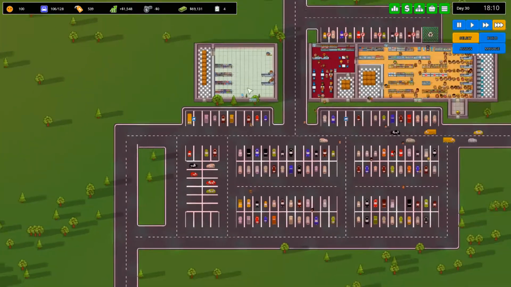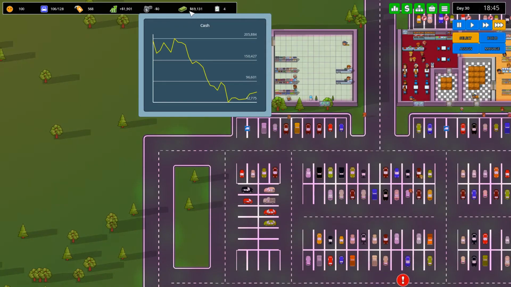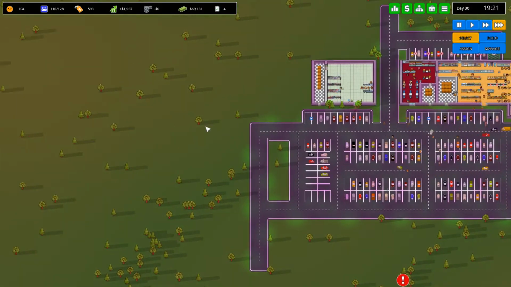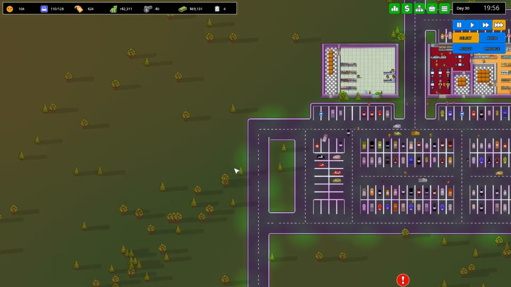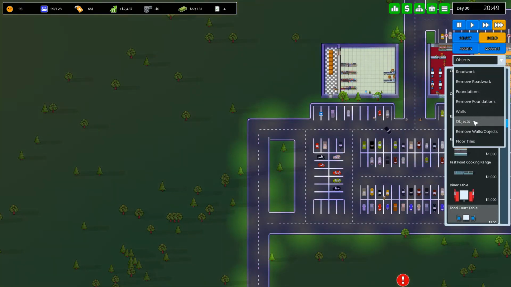Okay, so I've let it run for like 2 or 3 days just so that we give our income a little bit of a boost. We're up at around the 70,000 mark. And what I'm going to do now is start laying the groundwork for the real mall. I've also finished the bus stop, so I'll start it off with a